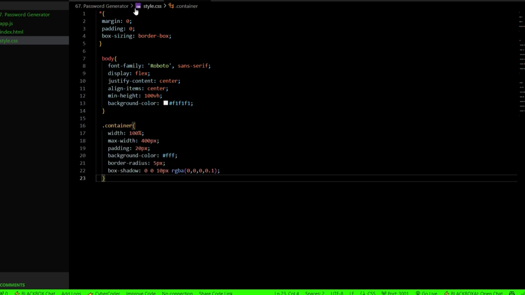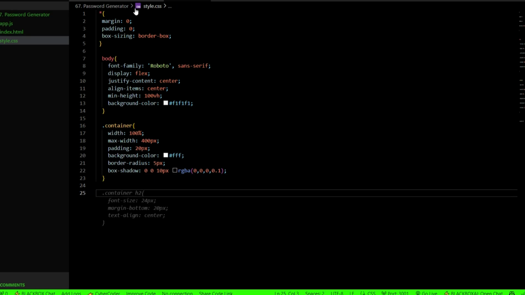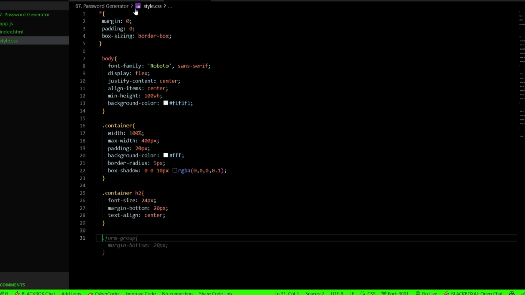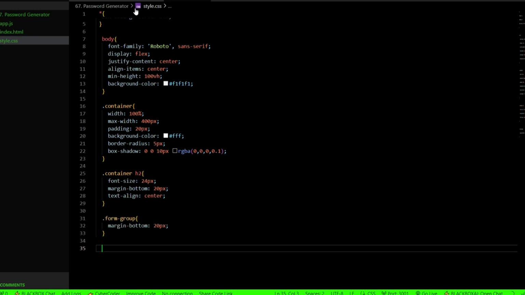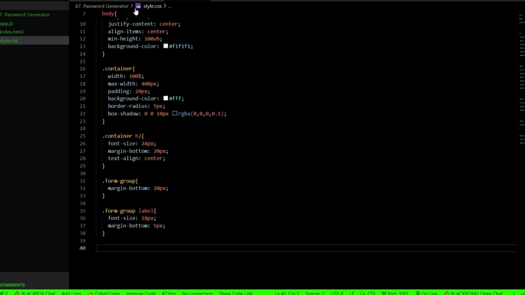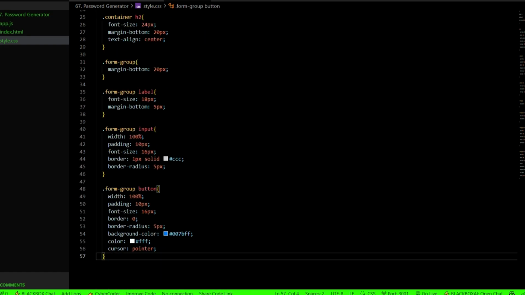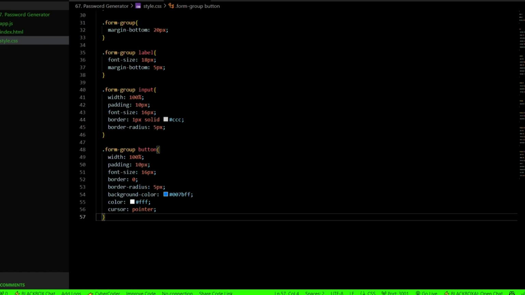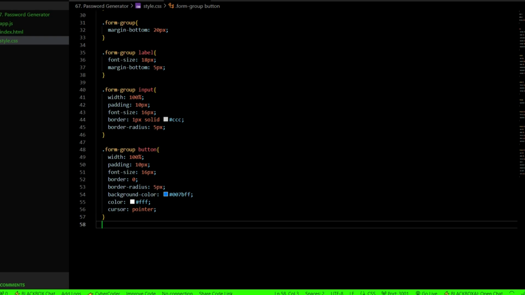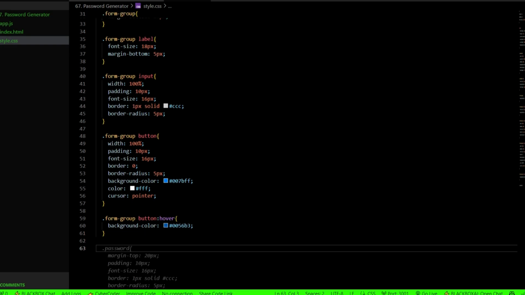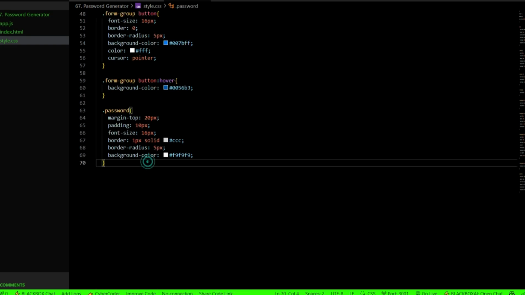We're going to have a container, which is going to have the width, max width, and background color and border radius. Okay. Going to have the other elements here and the form group. Another form group. This is going to be the form group label. Form group input and form group button. Okay. Okay, guys. Now we are going to another form button. Another one, and